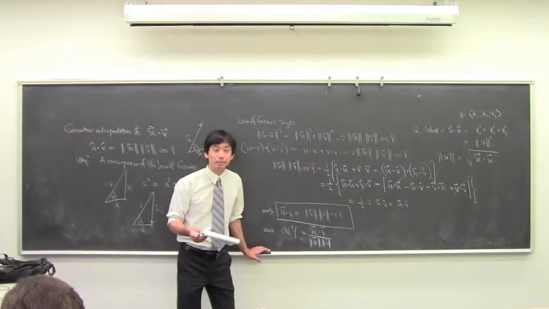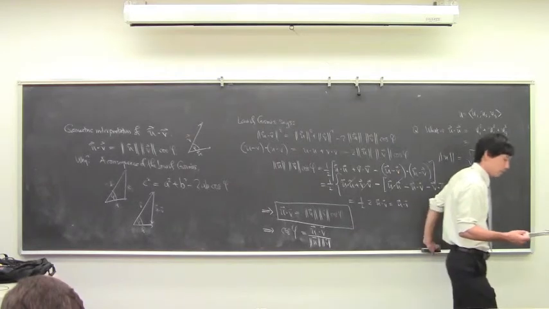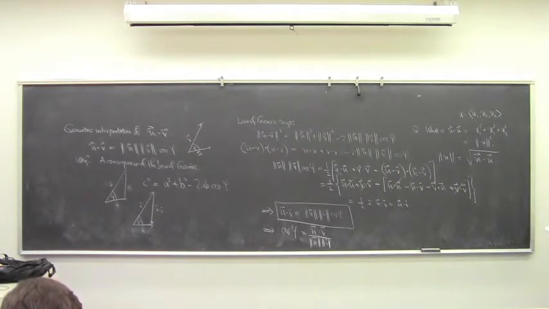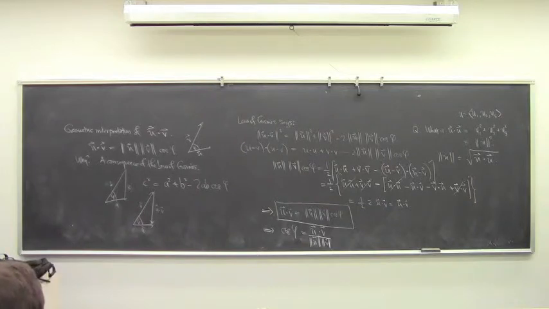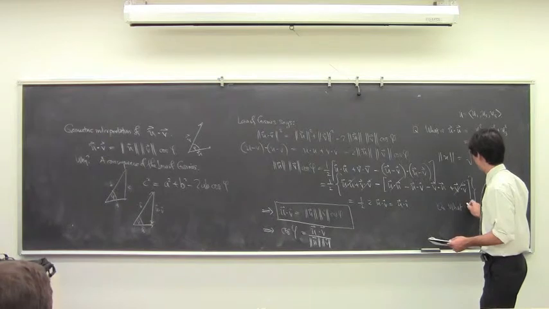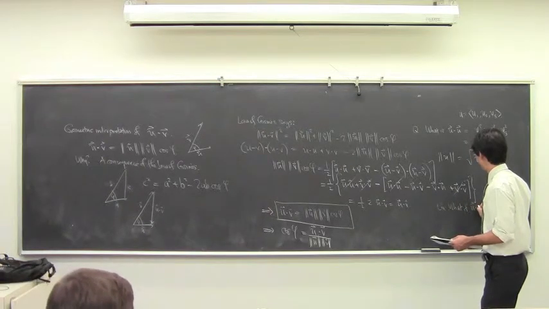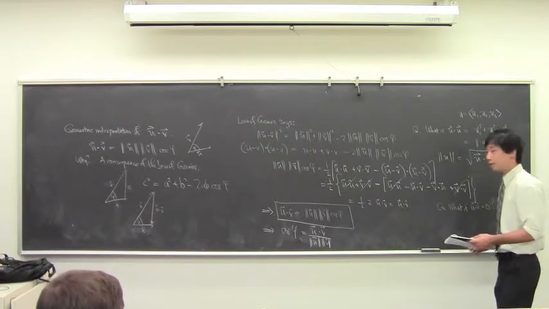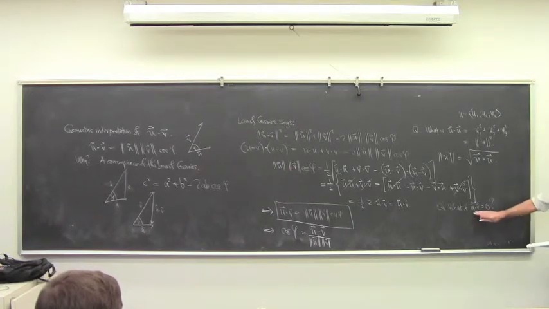What if the dot product is 0? What if the dot product is 0? And they're both non-zero, say. So you've got two non-zero vectors, and you take the dot product. What does that tell you? What if u dot v is 0? And these guys are non-zero vectors. Well then,